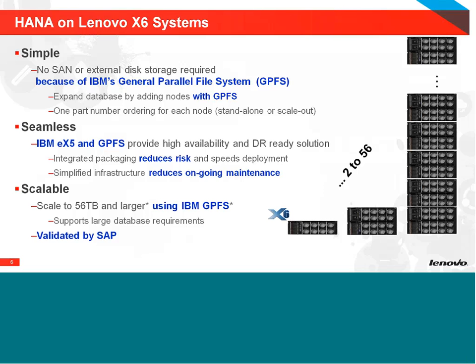So this allows us then to seamlessly expand our clusters and integrate new technologies as they become available. And of course, as I've told you before, we've got the largest and most scalable solution available in the marketplace today. We talk about using the appliance model to scale to 56 terabytes. And before the session's over, hopefully we'll talk a little bit about our scale-up capabilities,